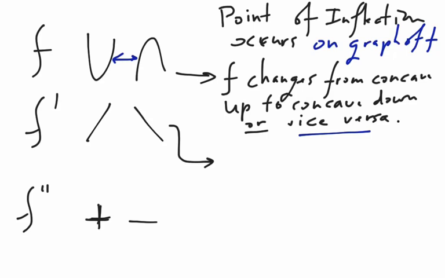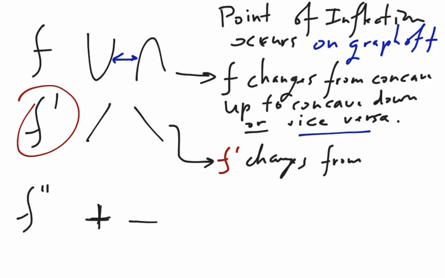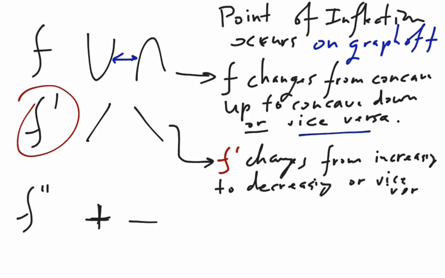way. Similarly, this is f prime. So in order for f to have a point of inflection, f prime would have to change from increasing to decreasing or vice versa. Increasing to decreasing or vice versa. And then the last one is, of course, f double prime, and we'll do that